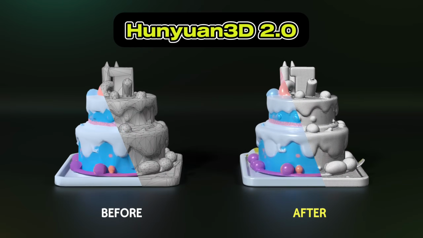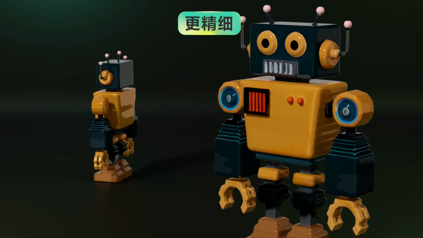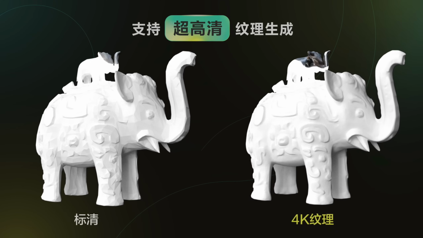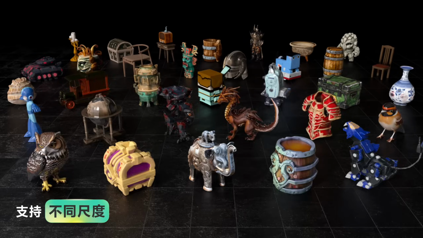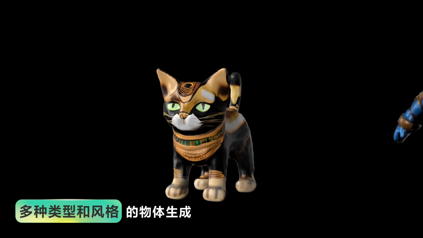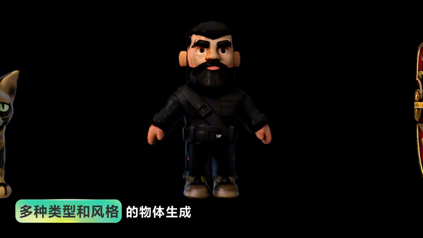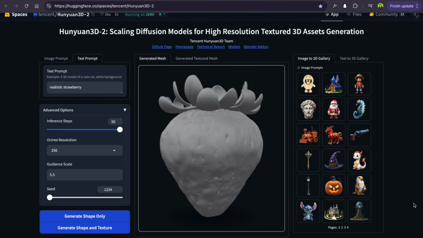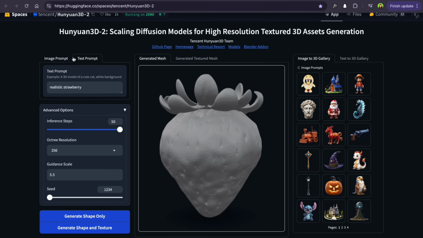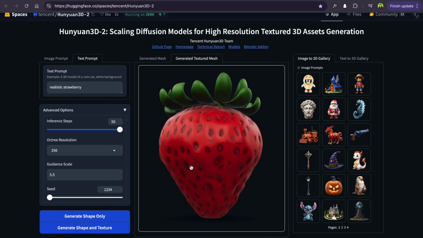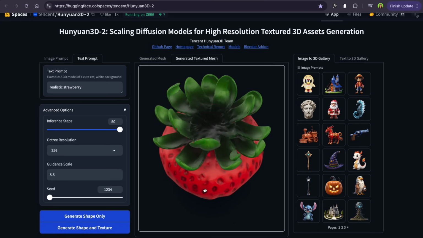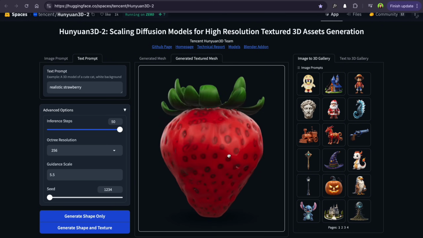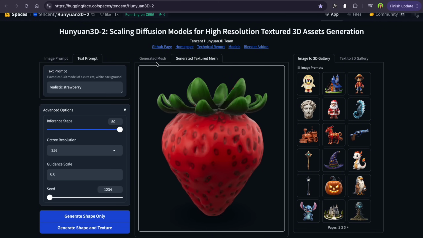Hunyuan 3D is an advanced open-source tool developed by Tencent for generating high-resolution 3D assets from text and image inputs. It uses deep learning to generate detailed, optimized 3D assets from text prompts or reference images that you find, for example, on the internet. It's great for both organic and mechanical objects, offering precise mesh structures, optimized topology, and even